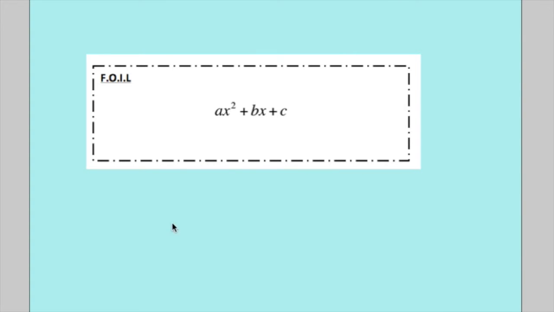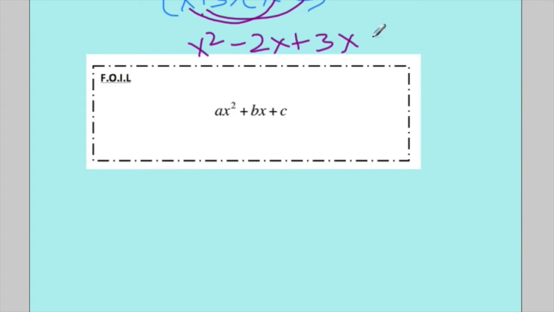I just want you to remember that if I had x plus 3 times x minus 2 and I FOIL this, I would have x squared minus 2x plus 3x minus 6. If you notice, this x squared comes from multiplying your first two terms, and the negative 6 comes from multiplying your last two terms. And if I simplify,